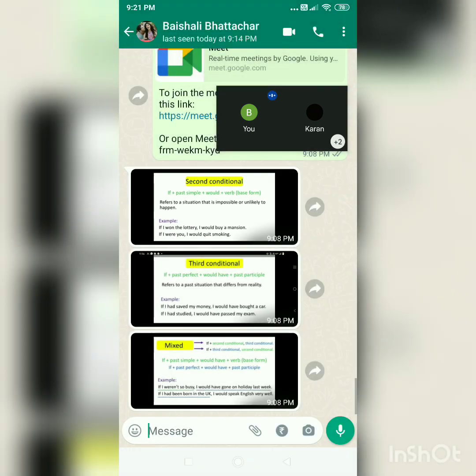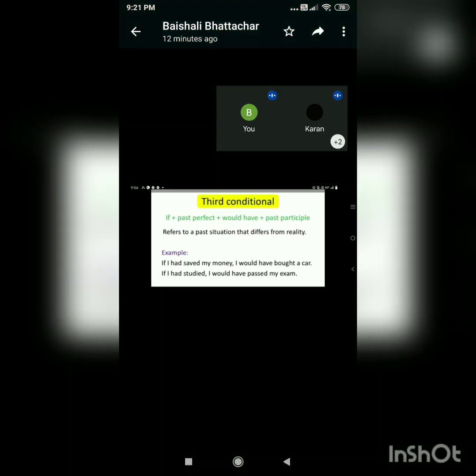Okay, now please come to the third. Ma'am, what is the conditional meaning of the sentence? Would? Yes, please tell me. What is the meaning of would? Would means to see the future. That is not reality, based on imagination you are telling. When you are telling some sentence with your imagination, you have to use would. If I would be there, I would go, I would do that. If I won the lottery, I would buy a car.